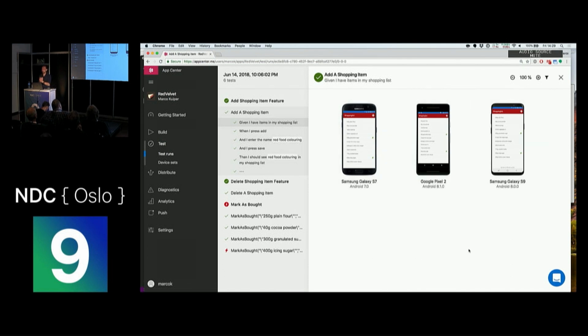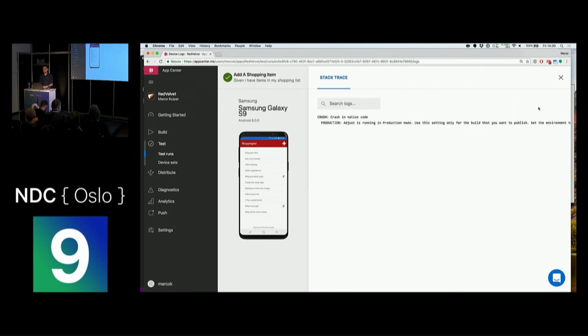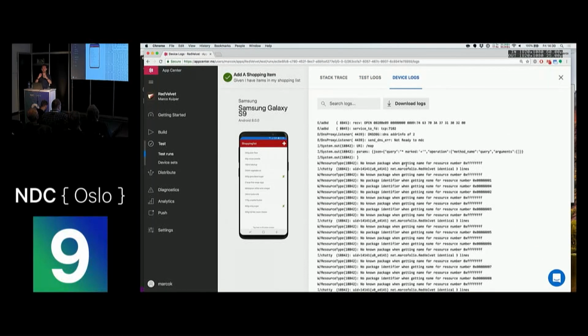So you get real-time information back from the test cloud, making sure that it actually works on all those devices. And what's even more awesome is that when you click on one of those devices, you can also see how much of the hardware was being used. Especially when targeting older devices, you would see slower performance, memory usage going high, everything that can influence your application. And you can even get a detailed log, crash in native code, test logs, and device logs. You can really see every logging that's going on inside of that physical device running your test, and that will help you make even better tests.